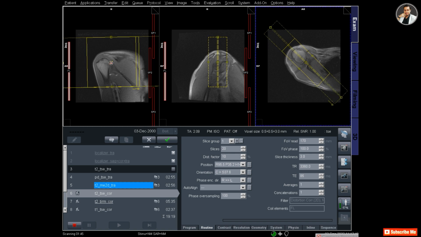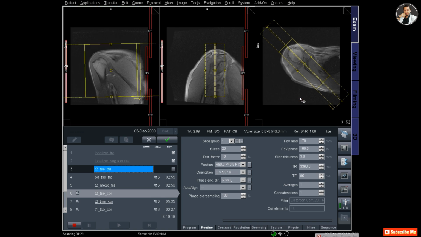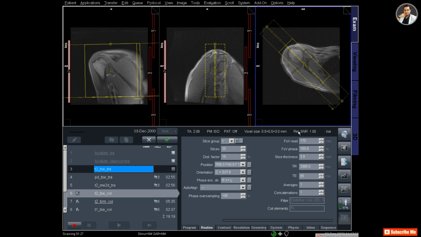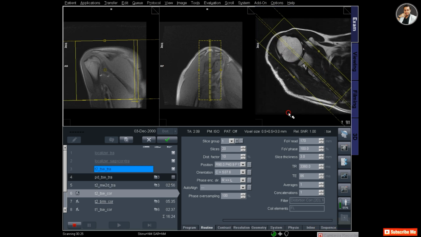You can see that I am planning on the axial image, and the slice that I am angling is parallel to the humeral head and the glenoid bone. So this is the angle for the coronal image. Now I am dragging the proper image.